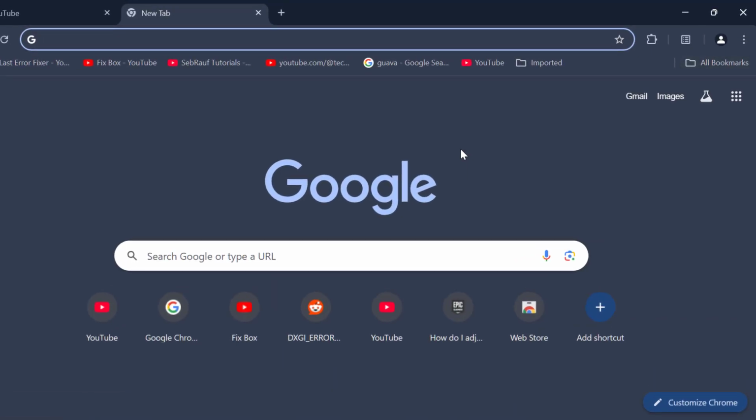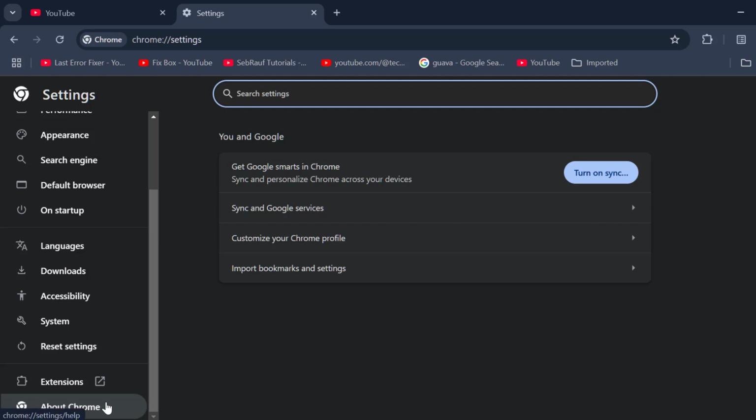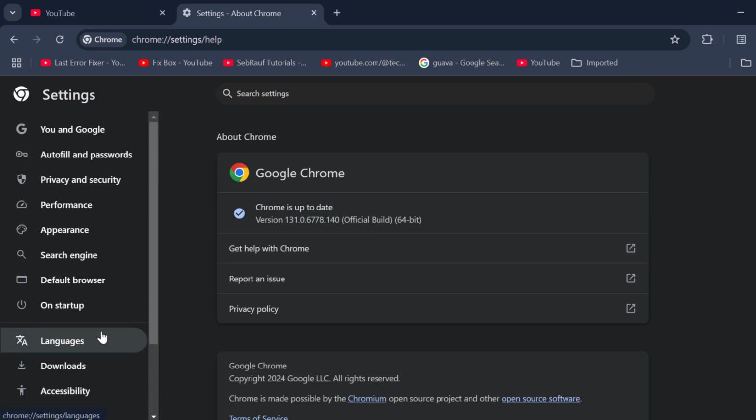First step, you just need to open up Chrome and select the three dot icon, scroll down and select settings. On the left side, scroll down and select About Chrome. Chrome will automatically check for updates, and after getting Chrome up to date, second step, you just need to